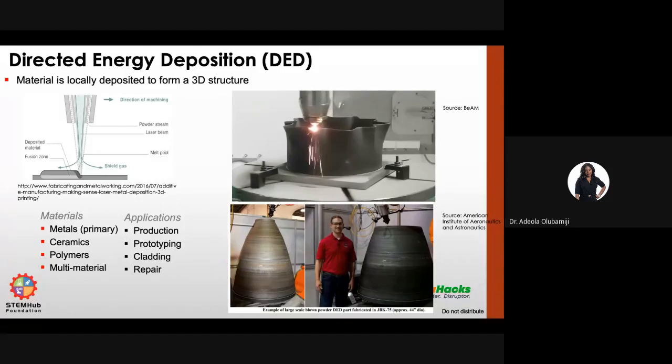So I think this is very useful for a lot of machineries in Africa, where some part of that machine may damage, or some part of a big component may damage, and you want a quick repair. This technology is being used for that. And as you can see, this part, you see how tall it is, the part that is being made. So you can use it to make a part, and you can use it to repair a part. And very good technology, easy to use. You can even still see